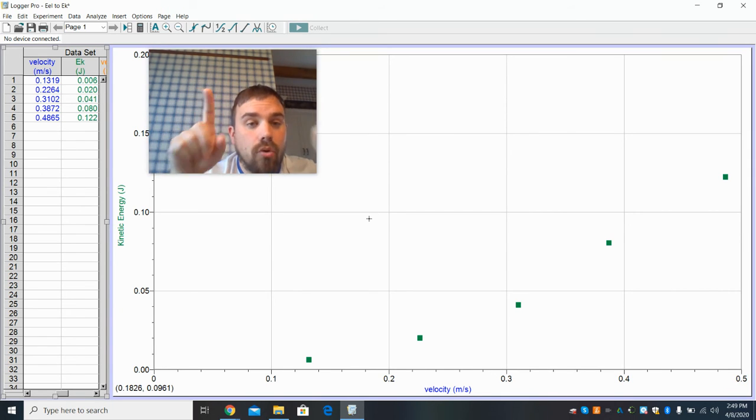Now, one thing to remember when you plot a linearization graph, it's really important to consider the units and the variables now, because this graph has kinetic energy in joules versus velocity in meters per second, and it's not a line. When you linearize it and you get a perfect line like that, it is not going to be kinetic energy versus velocity. It's going to be kinetic energy in joules versus velocity squared in units of meters squared over seconds squared. And that